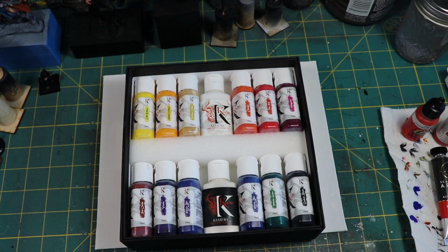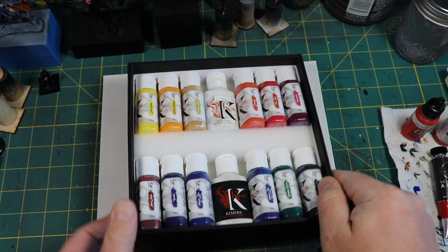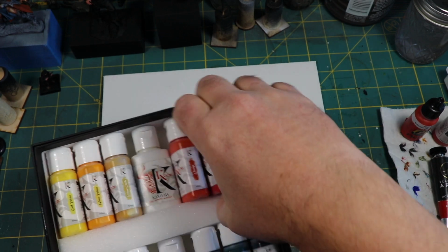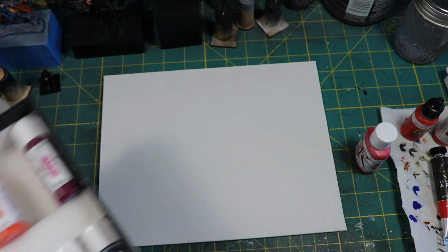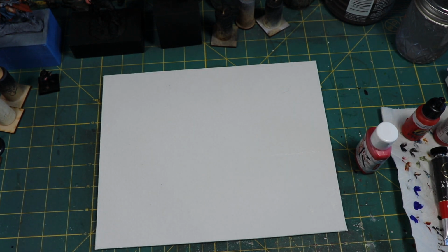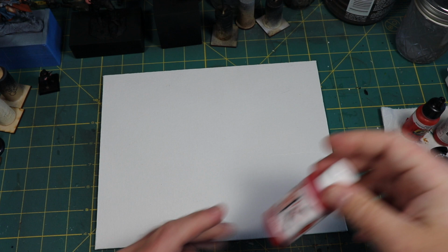So what I'm going to do after showing this is I'm going to use this red because I have enough red paint from other colors, so I can do this pretty easily. It might not totally match, but it'll be close. Essentially, I'm going to take,